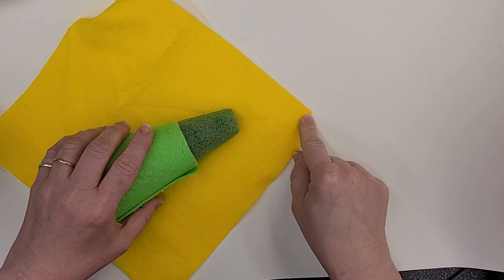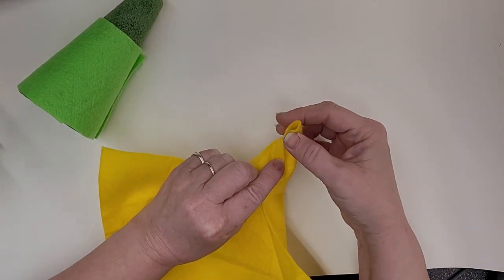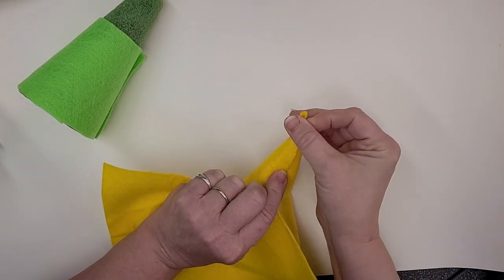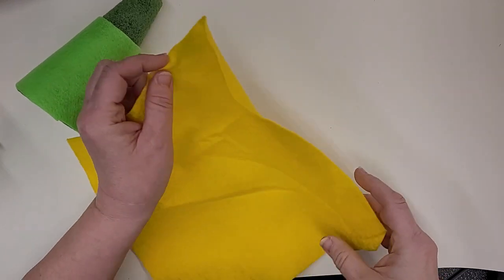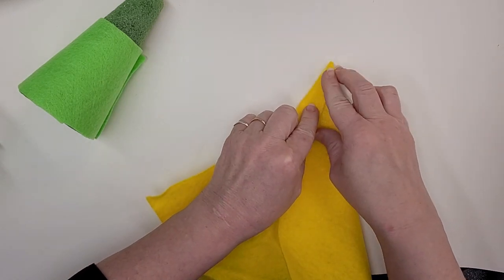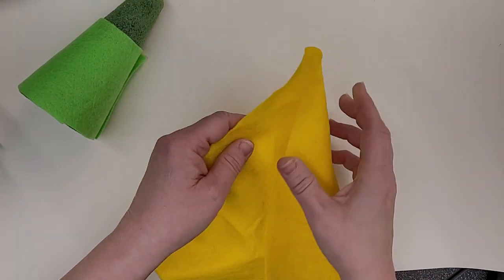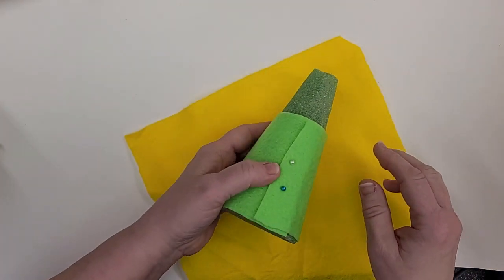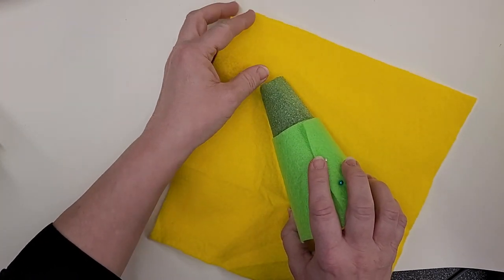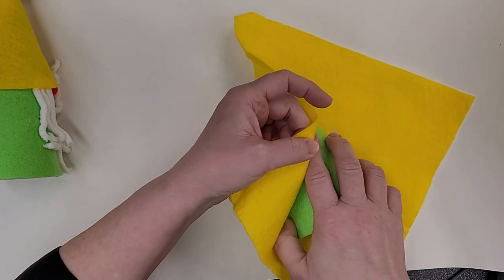The reason we do this is if you try and roll this into a cone and glue it shut, the top is going to be very hard to get closed if you start with a pointed end. Whereas if you cut off the tip, you can then just roll it around like this and glue it over, and your tip will be much easier to glue in place. Okay. So we're going to place this, I'd say at least 3 or 4 inches down from that tip you cut. Wrap it around,